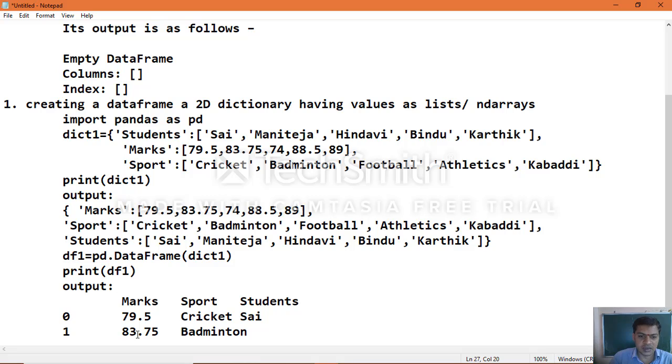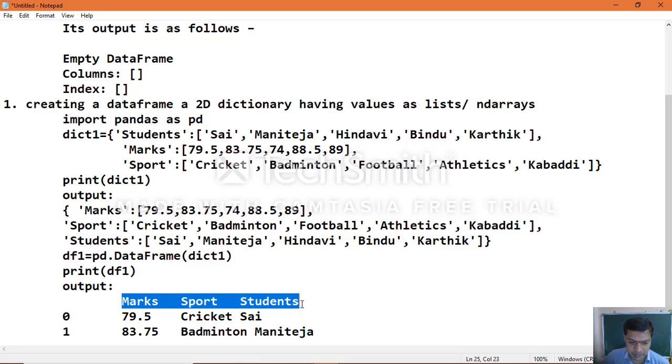In the same manner you can see all the values. So that is the format. The index number we didn't specify here, and the key names in the dictionary will be treated as column names in the data frame. The index which we didn't specify goes to the numpy array range function, which is assigned starting with 0, 1 and so on.